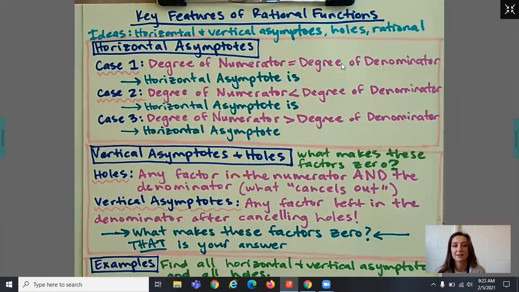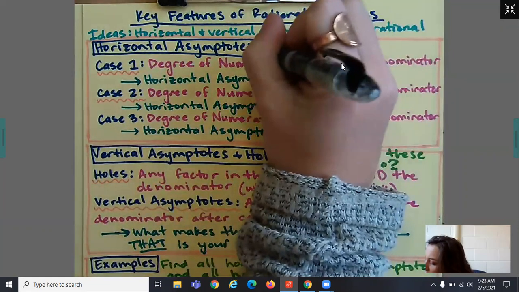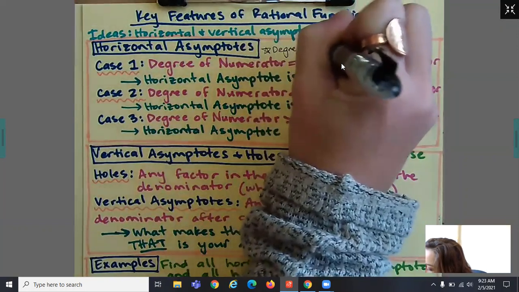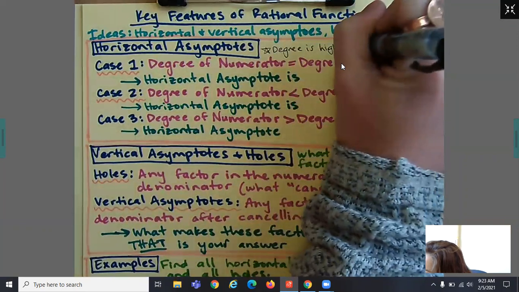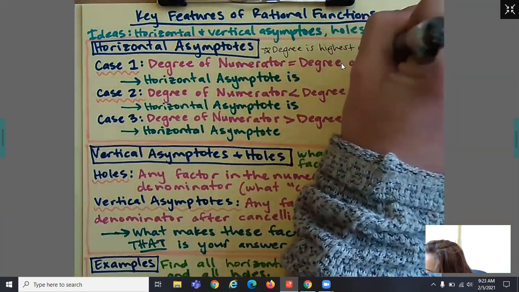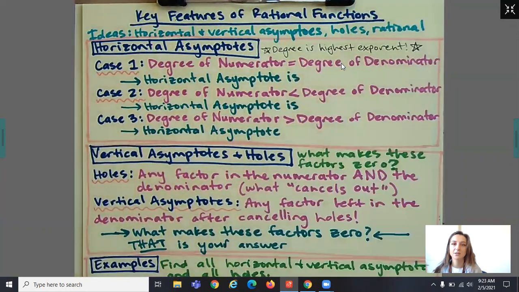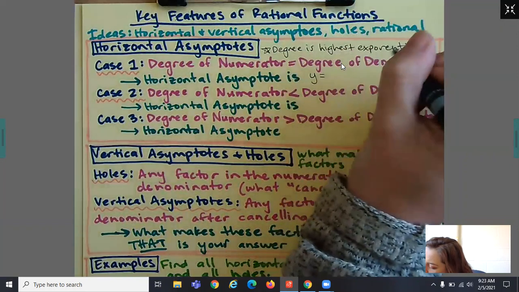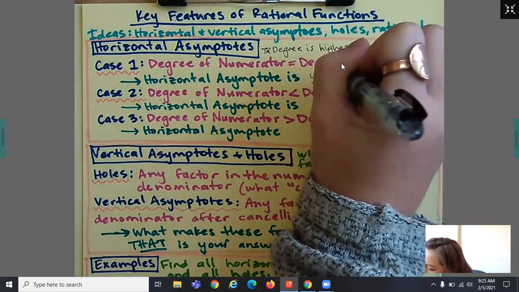The first case is that the degree of the numerator is equal to the degree of the denominator. So, don't forget also that the degree is the highest exponent. You might want to know that. Okay, so the degree is the highest exponent, but if the numerator and the denominator degrees are equal, then the horizontal asymptote is going to be y equals the ratio of the leading coefficient